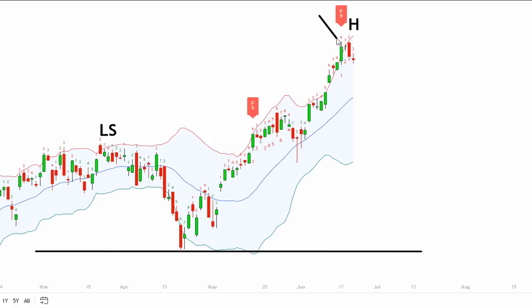It made a high on Monday with the 9 count, a perfected sell signal, a 9-9. That perfected the sell signal on the S&P, as I talked about. We got a candle of indecision in the form of a spinning top. Again, it could be a continuation. We can get a bounce immediately, and then again, we'll be watching, does reversal begin, do the signals begin to